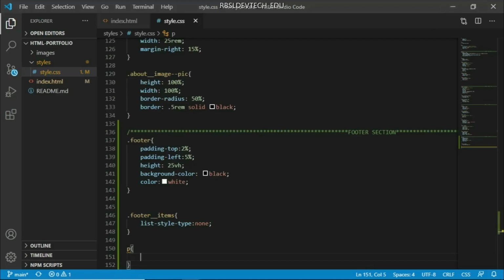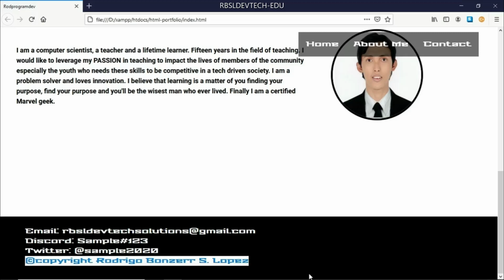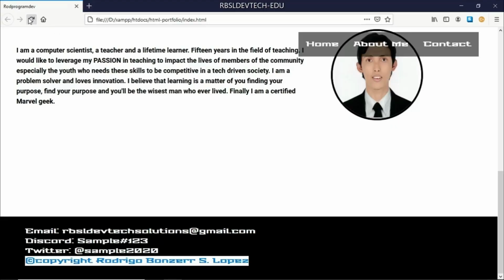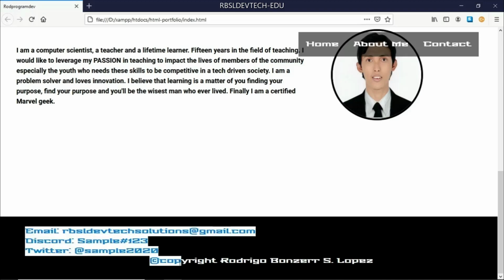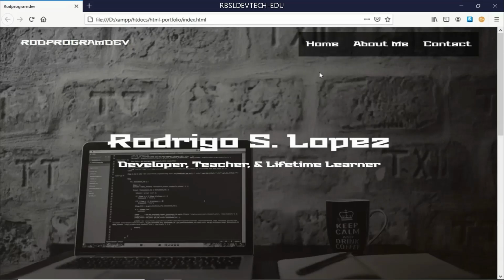Let's just go back to our browser here, and we want this to be centered, so let's target the paragraph element, text align center, and there we go. So we now have our email here, our copyright symbol,